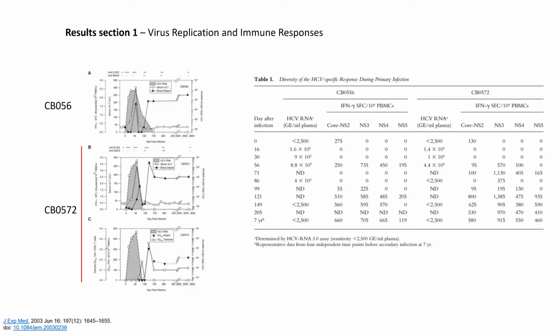So in this first results section, the authors wanted to look at the virus replication and immune responses. They had two chimpanzees in this study, CB056 and CB0572. These chimpanzees were vaccinated with the E1E2 glycoprotein. These are recombinant proteins, and the chimpanzees were then challenged with, or infected with, hepatitis C virus, and the authors then looked at the replication of the Hep C as well as the immune responses. If you look at the gray shaded area here and here and here,